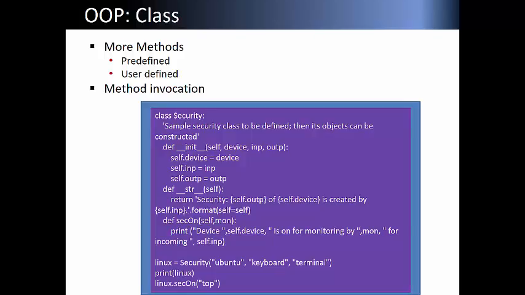So, we might have more methods. There is a predefined method and a user-defined method. A predefined method is something like this, __init__. So this is a method for construction. And __str__, this is a method for this up to here, right? This is a method for